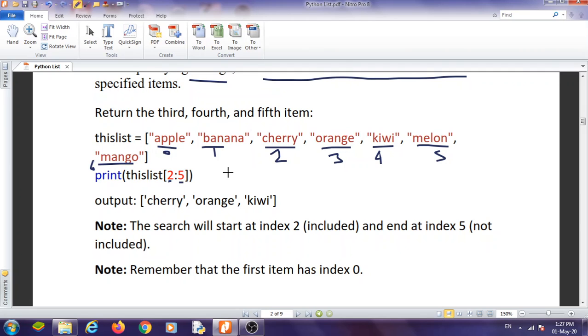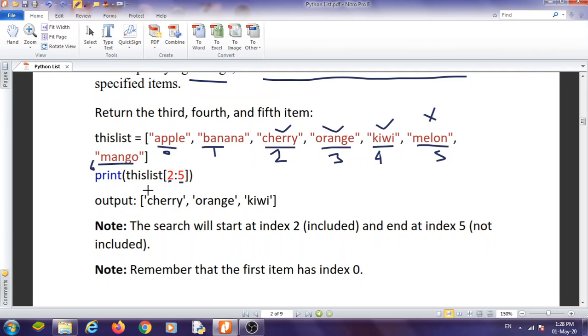These are a total of 7 indexes, and we have to print from index 2, so cherry will display, 3 orange will display, 4 kiwi will display. The index given is 5 but 5 is excluded, that means it will not display, only cherry, orange and kiwi will be displayed.